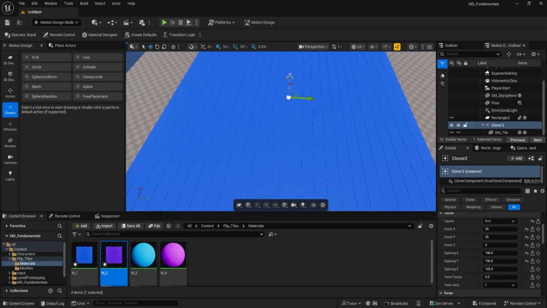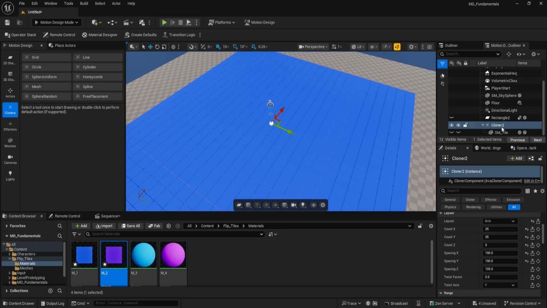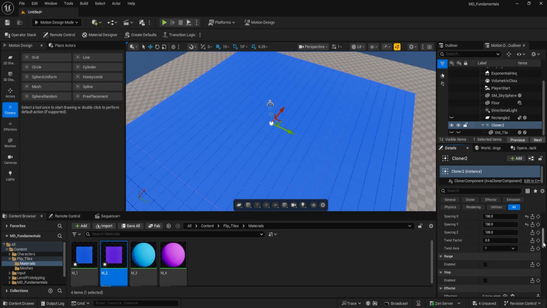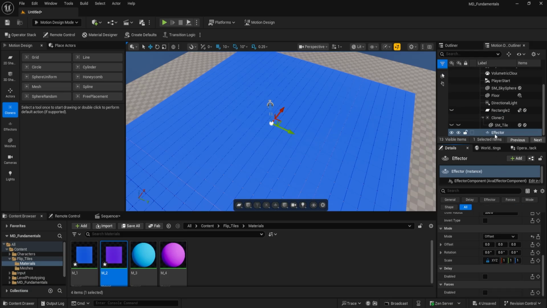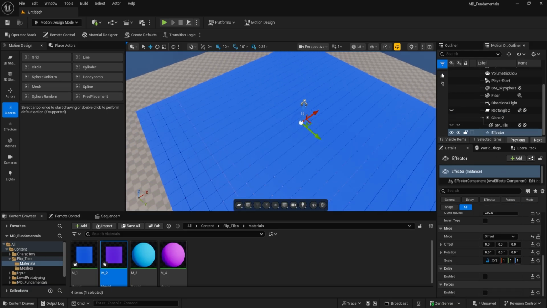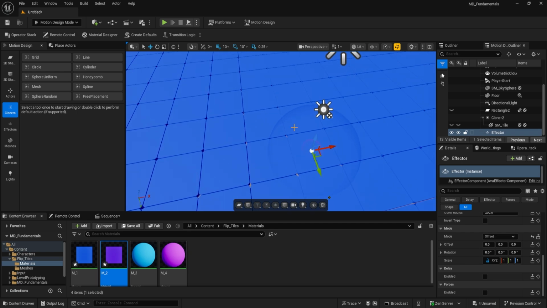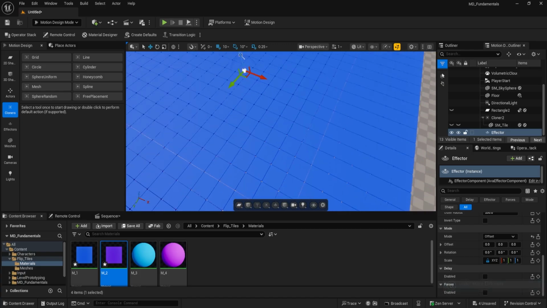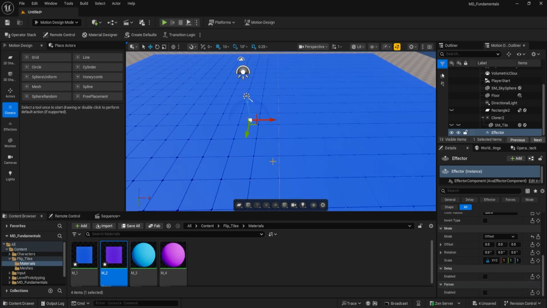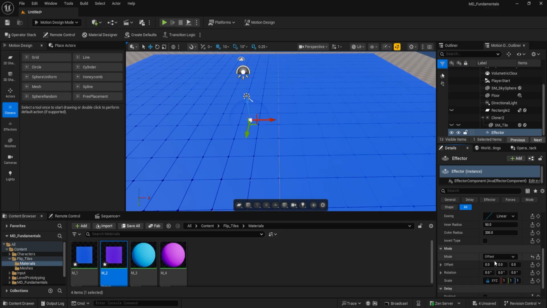Okay, now what we want to do, just make sure the cloner is selected, and if you scroll down and create a linked effector, our effector is created. But if we just move it around, we do not see any effect. So what the effector does, it will affect the tile, and make sure the offset is 0, and it will affect the rotation. That means if we want to rotate our tile, and it means